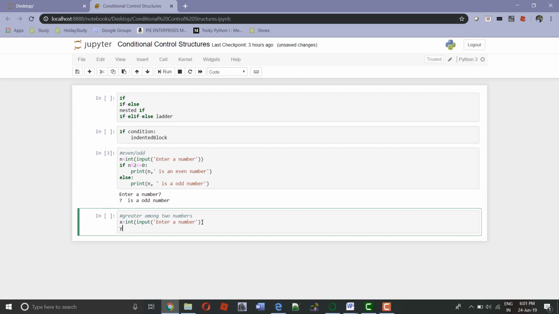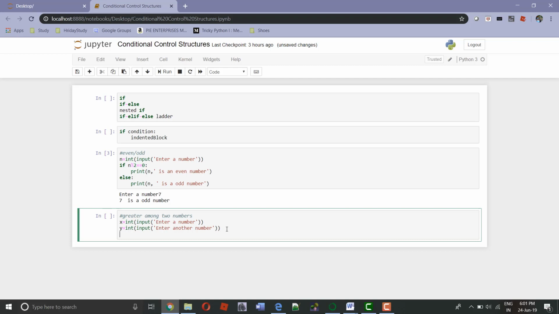And then we will read the second value and store it in variable y. So I will just copy this and make the changes. Okay, and we can say enter another number.